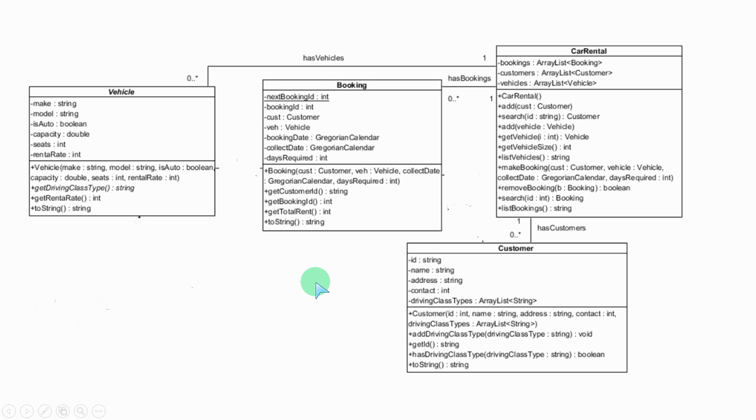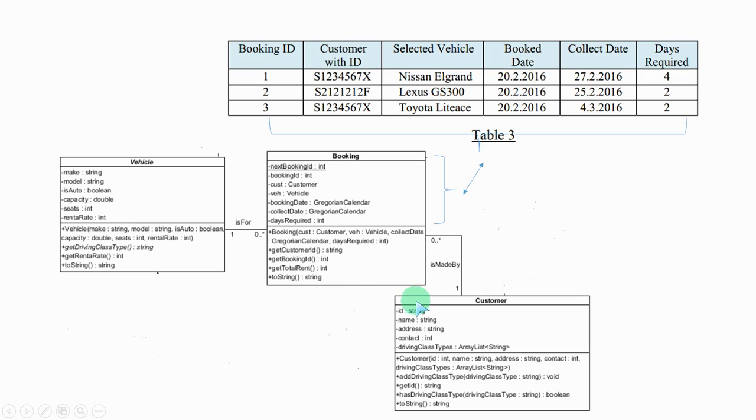Sorry, let me go back. Okay, and then the vehicle, which is our vehicle type, which points to the vehicle class here. But because each customer will have a customer ID, so you can get the customer ID of the booking by